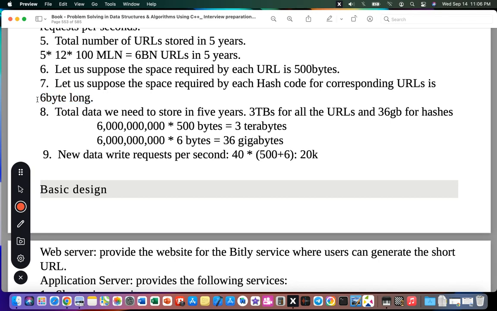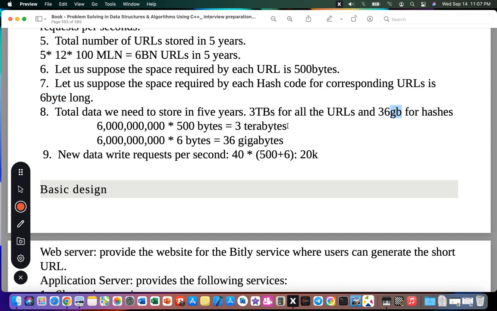Total: 6 bytes just for the hash code and 500 bytes for the URL. Total data we need to store in 5 years is 3 terabytes for all the URLs and 36 gigabytes for hashes. Because we did not mention bits, it's bytes, so uppercase B.